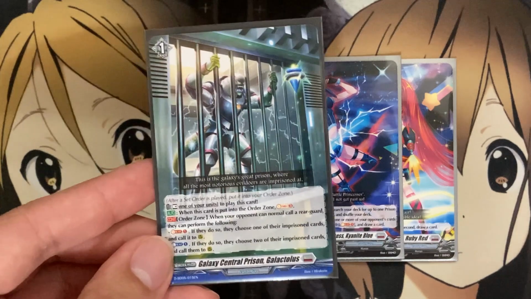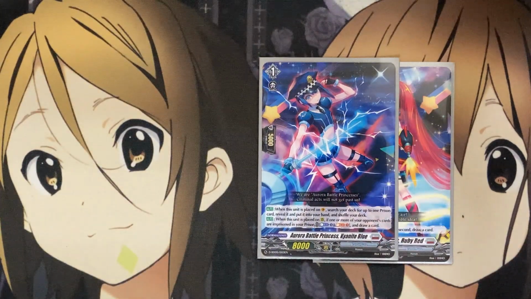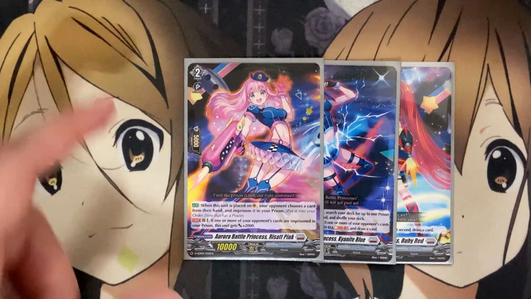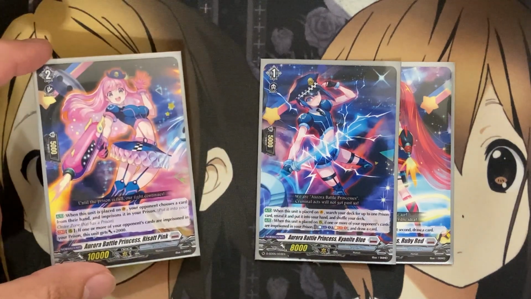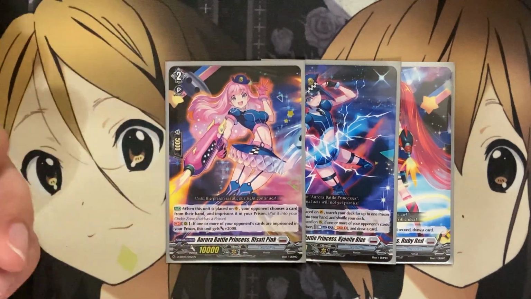Galactolus, having more setup for this card, is the basic go-to setup for the deck in total, having this world set order on the field being a set order prison for the play of then going into our next card, which is Aurora Battle Princess Rosette Pink. When this unit is placed on Vanguard, your opponent chooses a card from their hand and imprisons it in your prison. So being able to take away a card from their hand is all the better, just for the whole Ride deck. You're basically playing into what the setup needs to be with this deck, and also with this option having more and more cards for that setup is a big plus altogether,